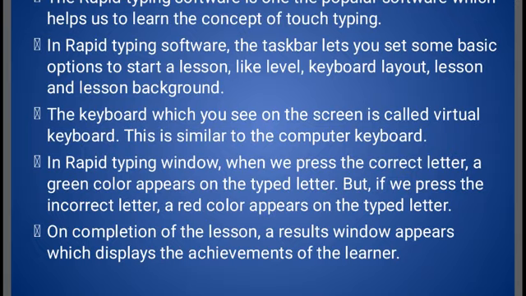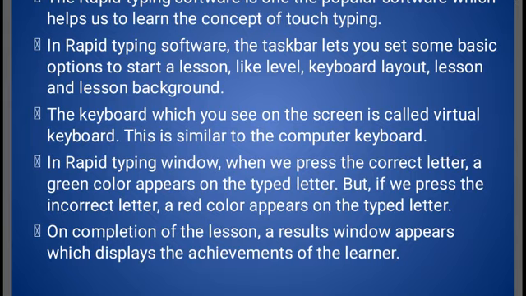The keyboard which you see on the screen is called virtual keyboard. A simple keyboard always you can see on the computer screen. It will guide which key you want to type next. So this is similar to a computer keyboard.